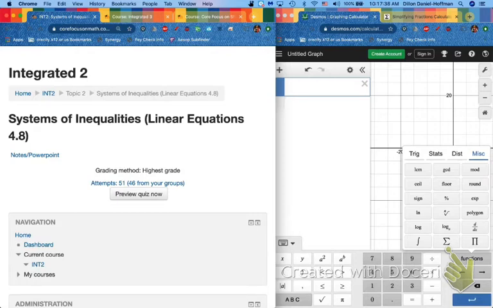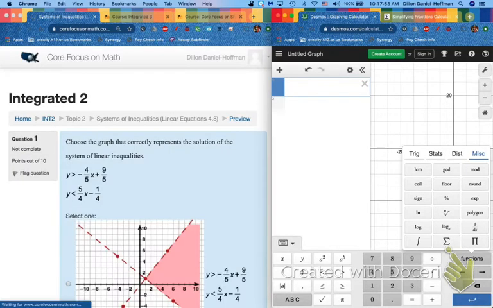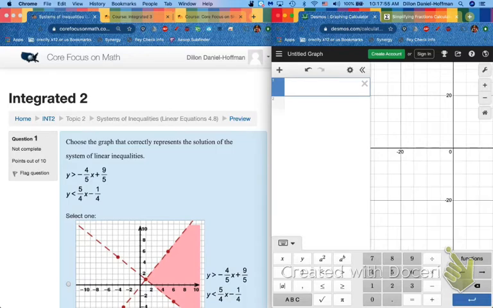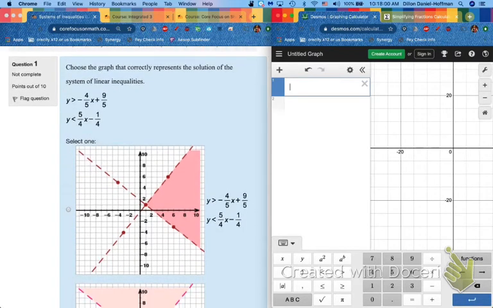So let's dive in. Make sure you have your Desmos calculator up. It's going to be especially helpful today. And we're going to start by learning a few things that I am going to show you on this calculator. Once the internet loads. There we go. You see two graphs here. Now, reminder, we've learned